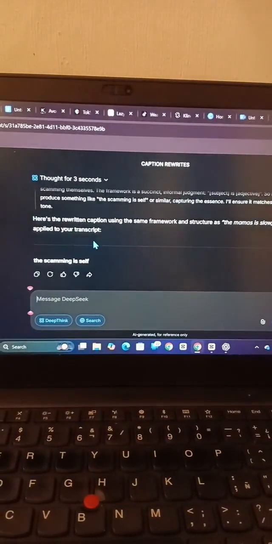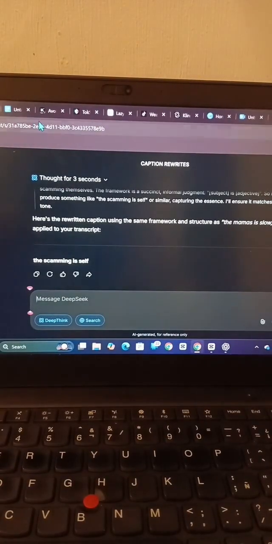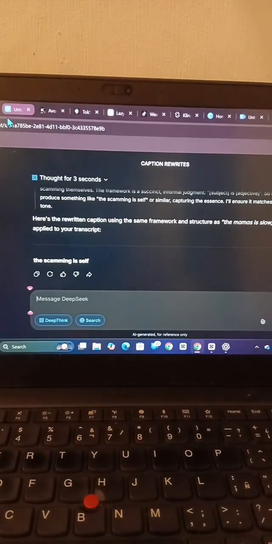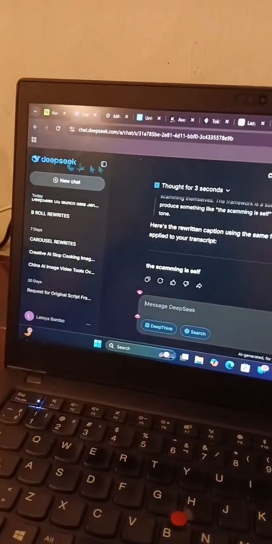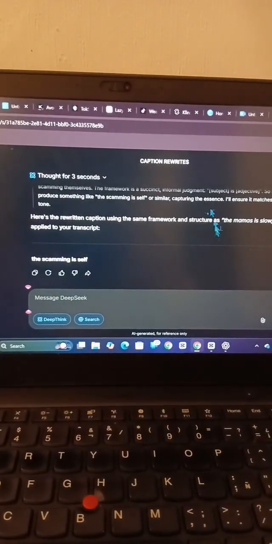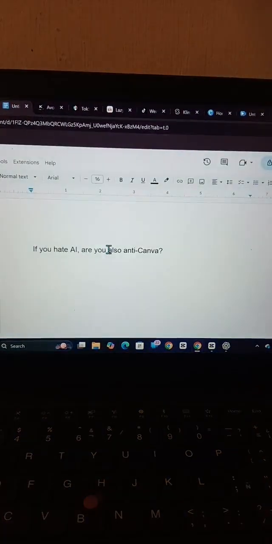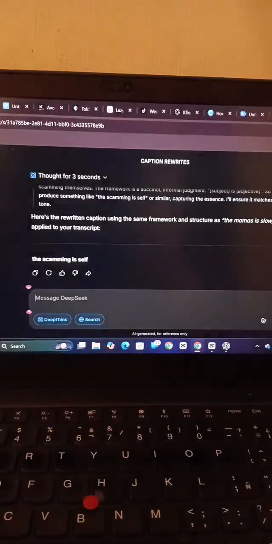I feel like it gives you more options for writing your content versus ChatGPT, because I do feel like Chat is a little bit filtered. And DeepSeek, you know, this is from China. This is a Chinese AI platform, so it's not as filtered as Chat is. So this is gonna be our topic, and then this is the